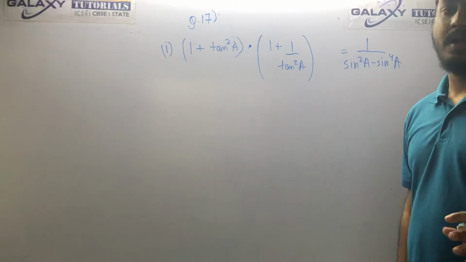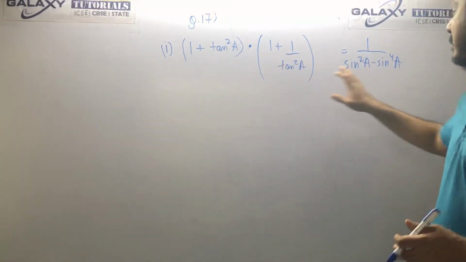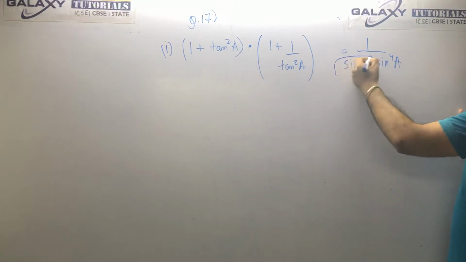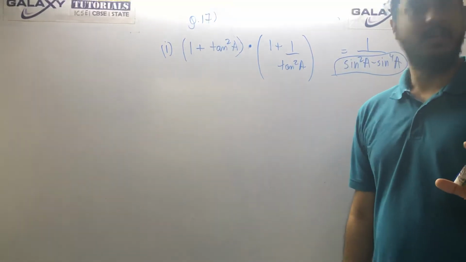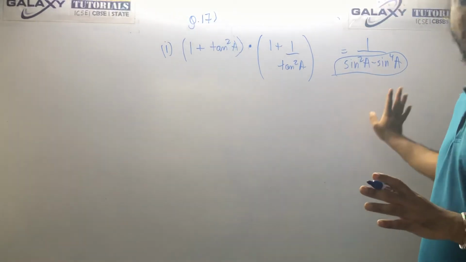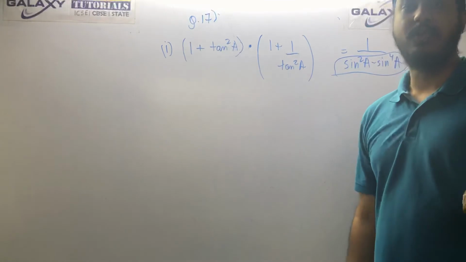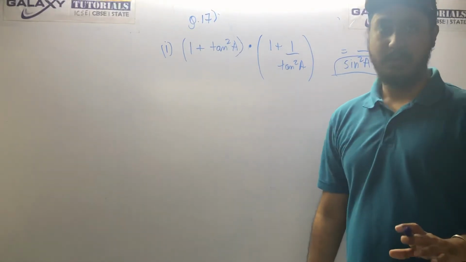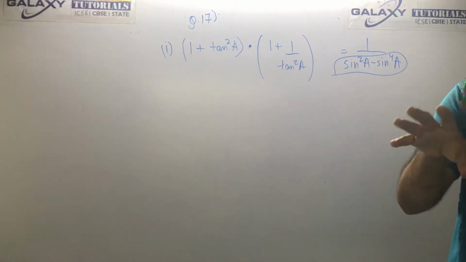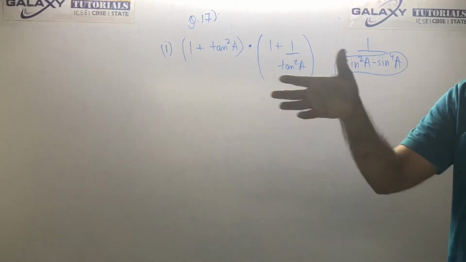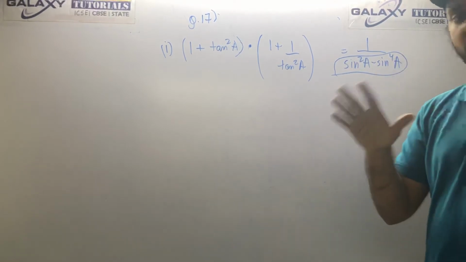Also, always start with the side that has tan. See, this side has a sine function. Can you simplify anything beyond sine? No, you cannot simplify this beyond sine theta. But this one you can simplify more. You can change tan into sine and cos form. See, sine and cos are the most basic trigonometric functions. All the functions can be written in these forms, so we say sine and cos are the most basic trigonometric functions.